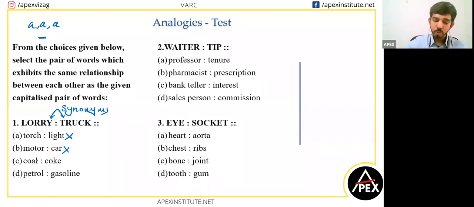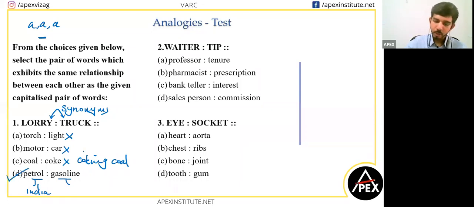I think many of you all have chosen coal and coke. But these are two different things. I don't know if some of you all got confused between coking coal, which is a type of coal, and sometimes you shorten it to coke. But here it was meant as coal and coke, and petrol and gasoline. This is much better because we call petrol in India. The same thing is called gasoline in some other countries, but it is actually the same thing, synonym. So the answer here was petrol and gasoline.